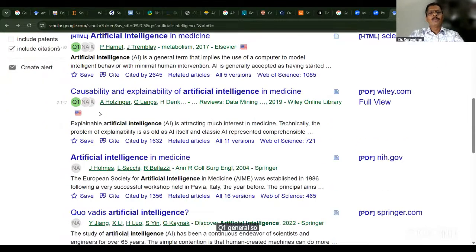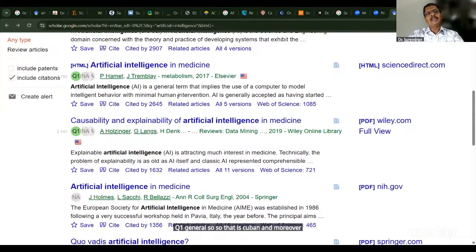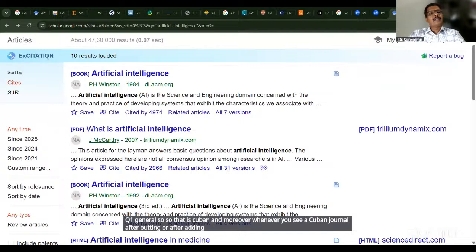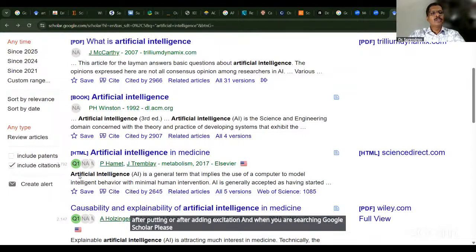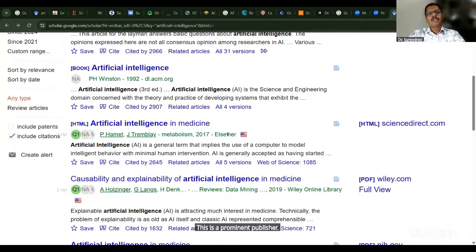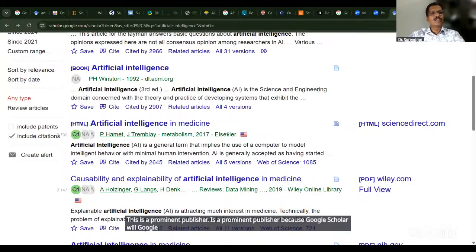So that is Q1. And moreover, whenever you see a Q1 journal after adding the extension, and when you are searching Google Scholar, please note down the publishers, Elsevier. And please also have the idea that this is a prominent publisher, because Google Scholar will give you results from less indexed journals or less prominent journals, we can say,